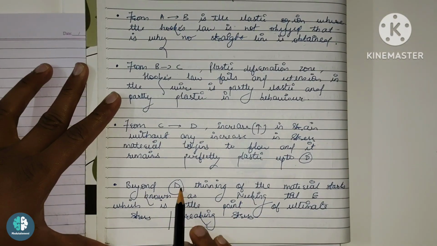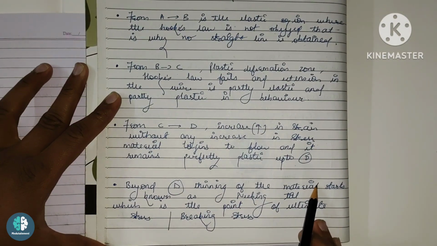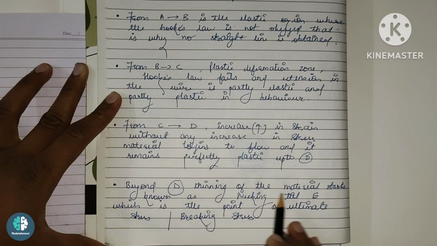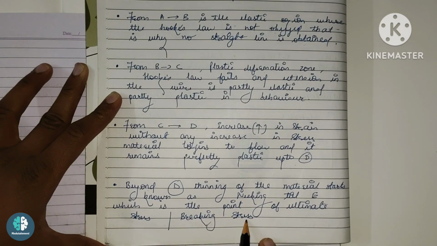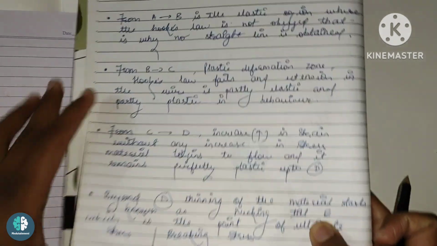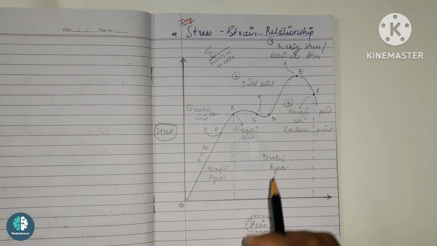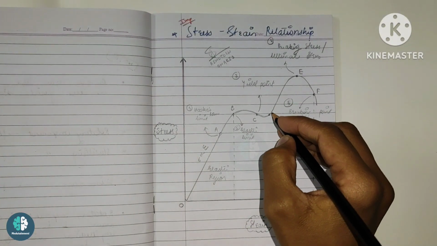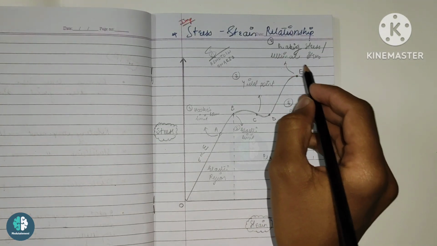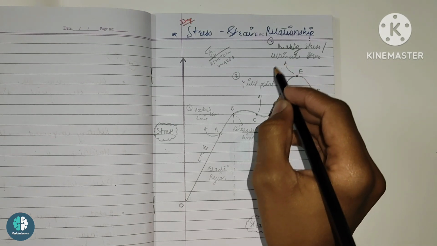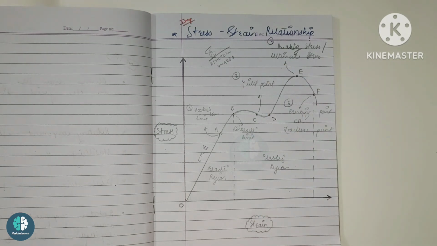So basically beyond D, thinning of the material starts, known as necking, till E, which is the point of ultimate stress or breaking stress. We can see here that from D to E, the stress keeps on increasing, and here we get a point known as breaking stress or ultimate stress. Till here, the thinning of the material keeps on